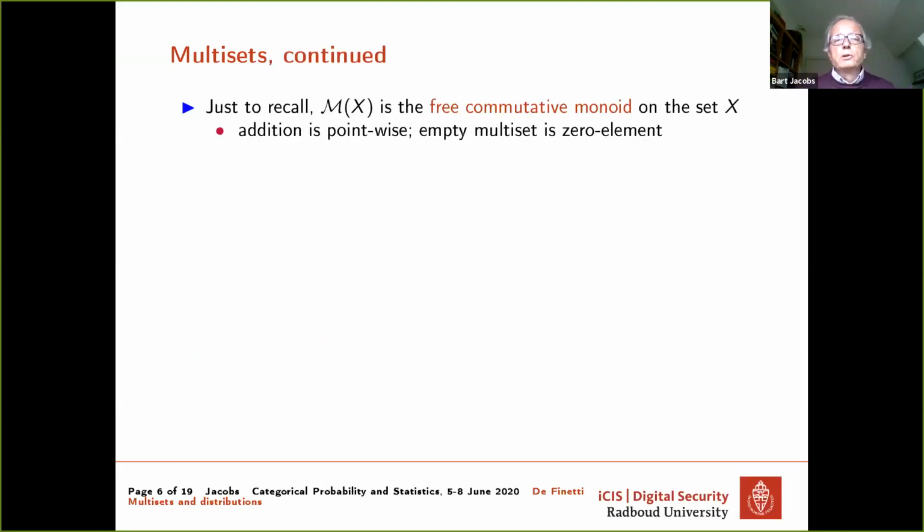Another thing which I will not really use, but it's good to know, is that M of X is the free commutative monoid on a set X. Addition of multisets is pointwise. You just add the multiplicities of elements together, and the empty multiset is simply with each element occurring 0 times, and that's the 0 element for this monoid structure.